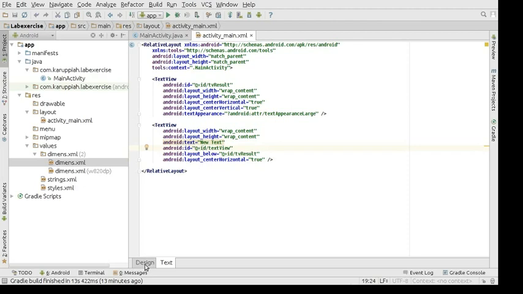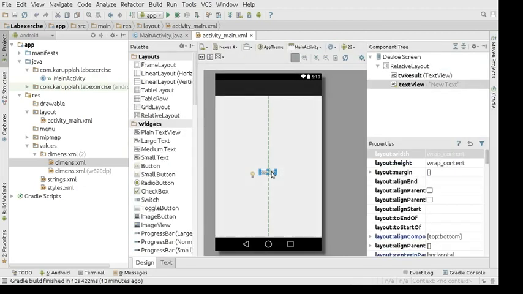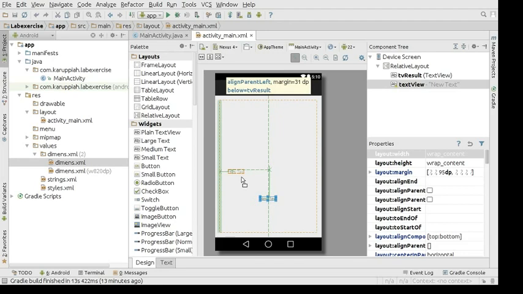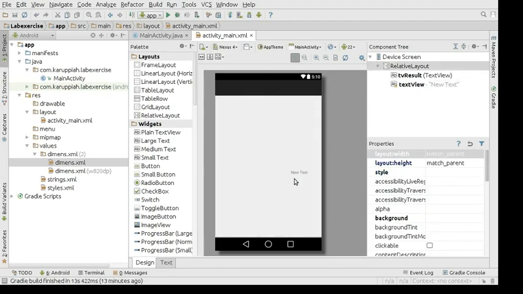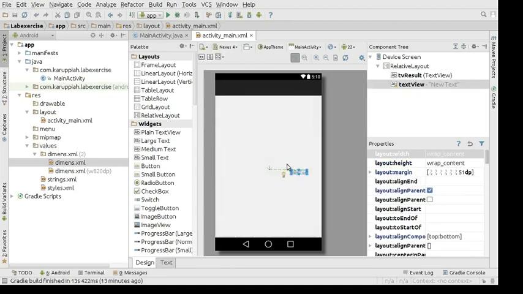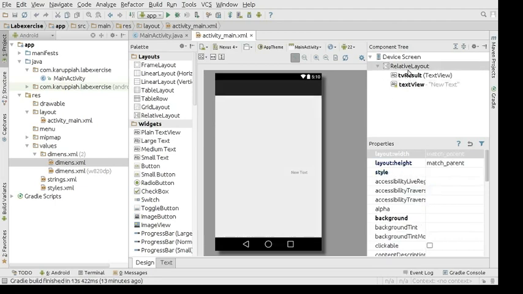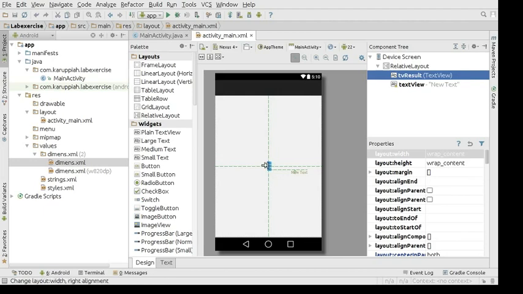So this is actually referencing the top. See, it's showing me some arrows over here. It basically means this view is dependent on this view. So if I move this view, this will also move.